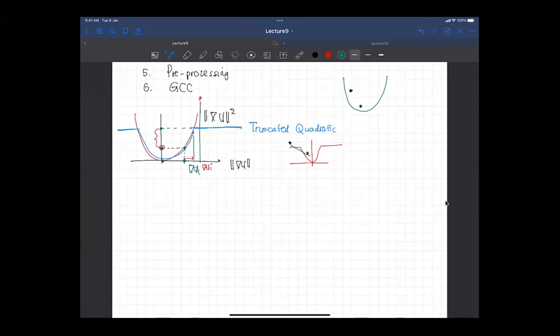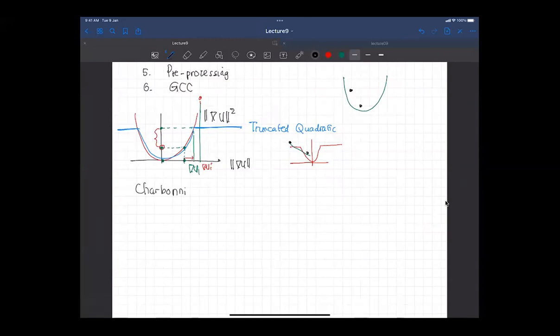A convex function is easy to optimize, but a non-convex one is much more difficult to optimize to get a global optimum. But this is something that we need to sacrifice, because if you use a convex function, the penalty will not be proportional. So that one is called truncated quadratics. Another function that is normally used and popular in optical flow is called